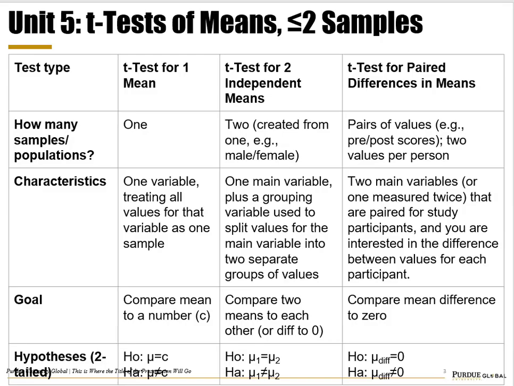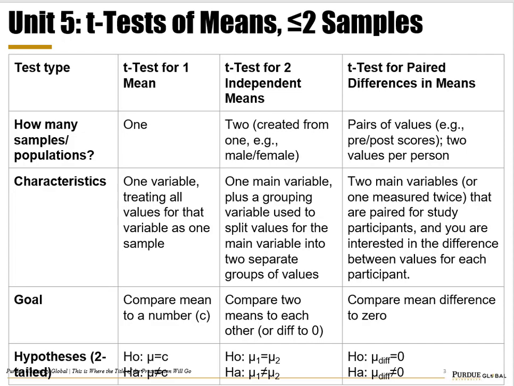We're going to continue doing hypothesis testing, and from our last unit, Unit 5, you saw that we were doing t-tests for means, right? And we had three types of t-tests. We had a t-test where we had just one mean that we were comparing to a number. So that means we had one sample of data. We were going to take the average of that sample and we were going to compare it to some number,